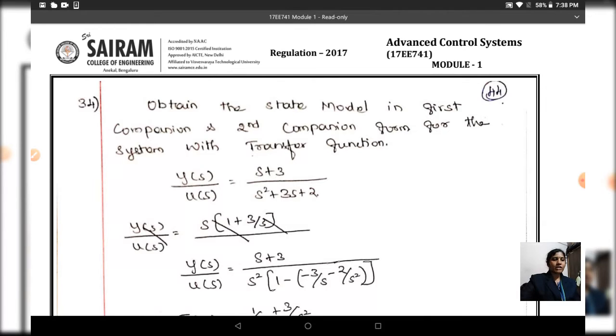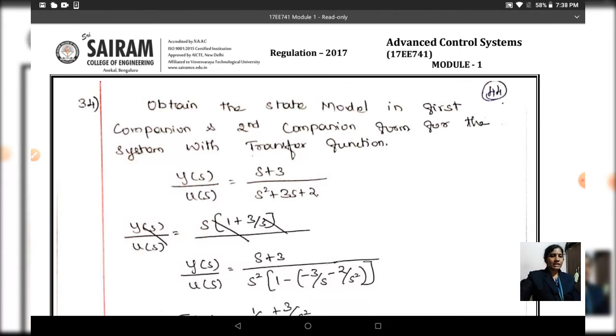Just by inspection, the matrices A, B, C, D can be written. As we discussed earlier, the upper diagonal entries will be unity, the rest will be 0 except the last row, and the last row will have the negative coefficients of the terms available in the differential equation. The main disadvantage of the phase variable method is that phase variables are mathematical variables, and hence they cannot be used from the measurement point of view.